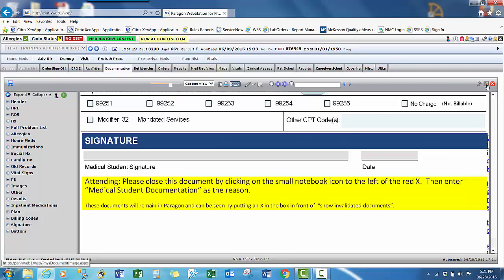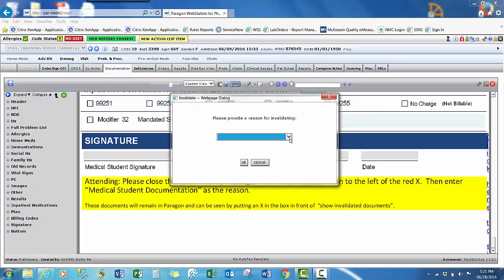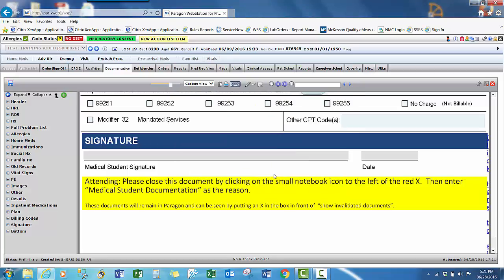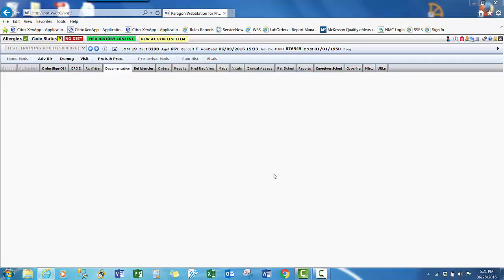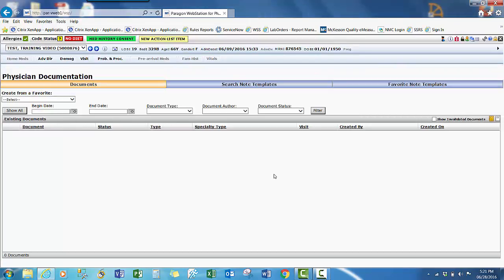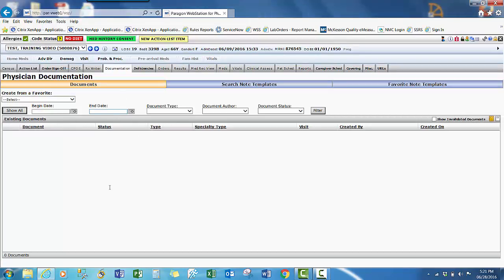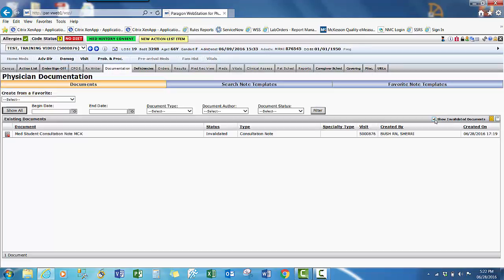So when the attending would come in here, they would click on this, and although it says invalidate, we're going to put down medical student documentation, say OK. What will happen then after the attending has done that is the note doesn't appear, but if you go over here and click on show inactive, you will see there's the med student documentation. So the med student documentation stays in Paragon, however, does not leave Paragon and go to the final